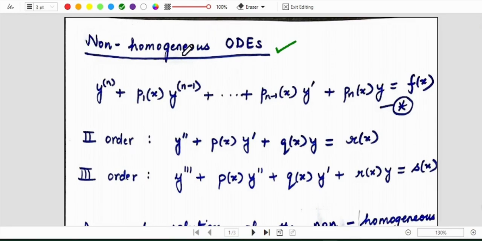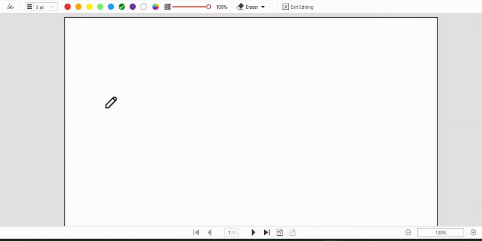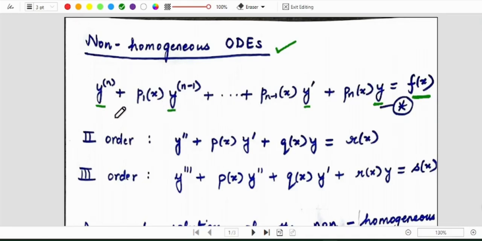As we know from our previous knowledge, non-homogeneity means that the right hand side is non-zero, because for a homogeneous differential equation the right hand side is 0. So we are going to consider linear. Linear means that y and all its derivatives, y, y dash, y double dash, and so on, are all existing with power 1, the dependent variable and its derivatives. The right side is non-zero, it's a general function of the independent variable x this time, so it's a non-homogeneous linear equation.